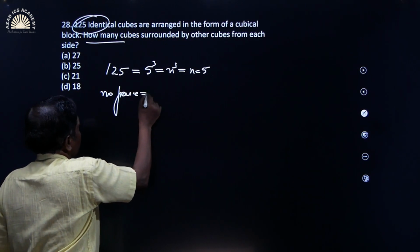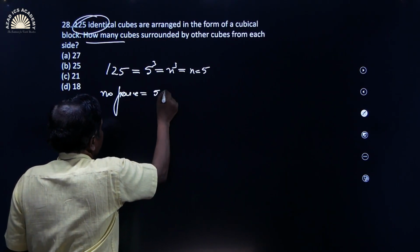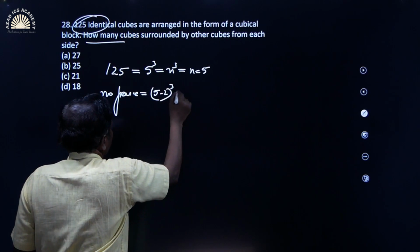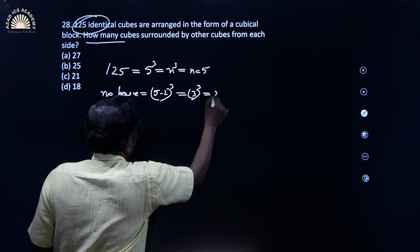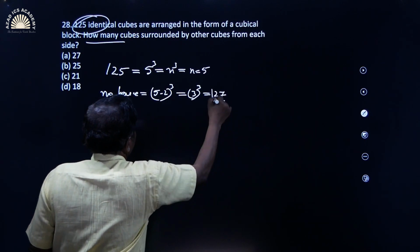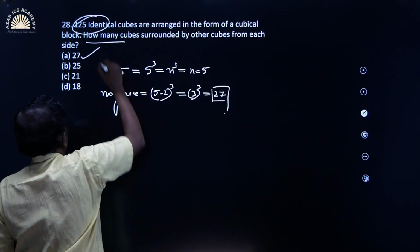No face is equals to 5 minus 2 whole cube. Then 3 cube. Then 27 is the right option. So,